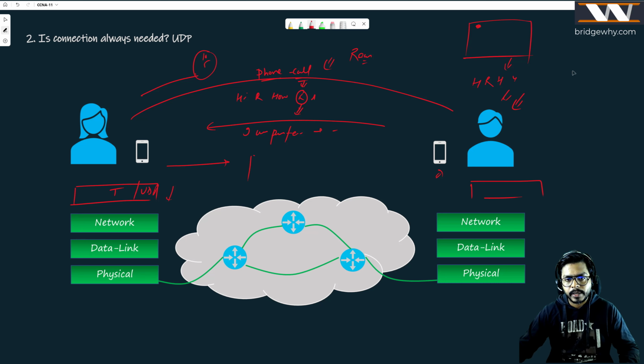The UDP packet is very simple. The UDP header is going to have a source port and a destination port. What is the meaning of source and destination port? The meaning is that this packet is generated by this application which is running on this number. It wants to go to this application which is running on this number, and there is a checksum field, and that is it. I forgot, one more field was there here. I think the length field is there, right? And the TCP header is huge because it has to deal with a lot of things: retransmission, acknowledgement, sequence number,